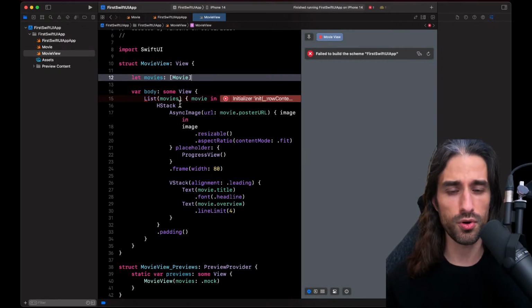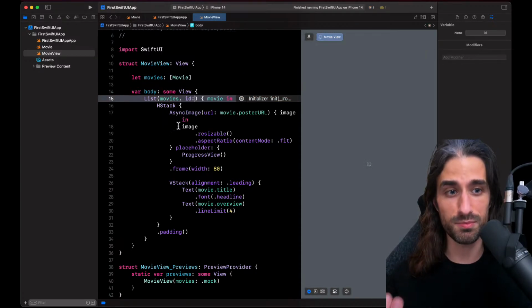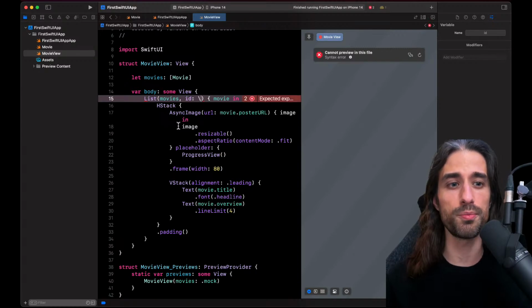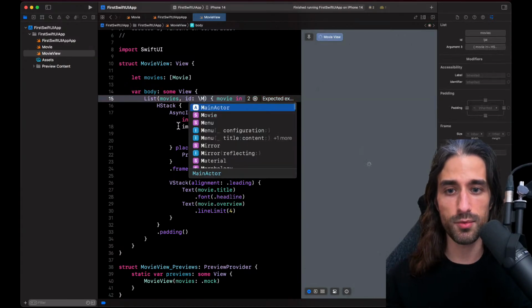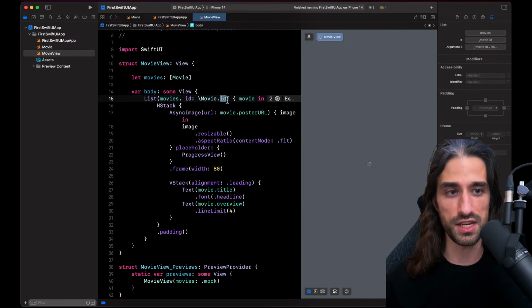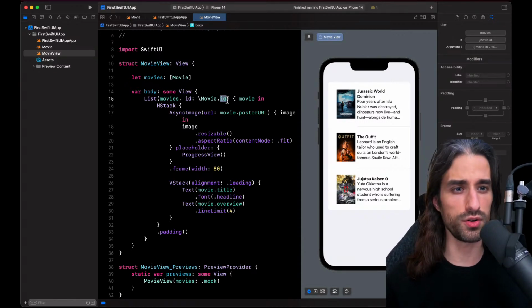So you have two ways to provide SwiftUI with this ID. The first one is to pass it explicitly as an extra argument. What is the ID? And for that, you use something that's called a key path. So it's a way to refer to a property of a type. Here I'm going to say, okay, in the type movie, the ID is the property ID. If I do that, SwiftUI, the list, now has a way to actually tell which elements are the same and which are not. And so all is good, everything builds and everything displays.